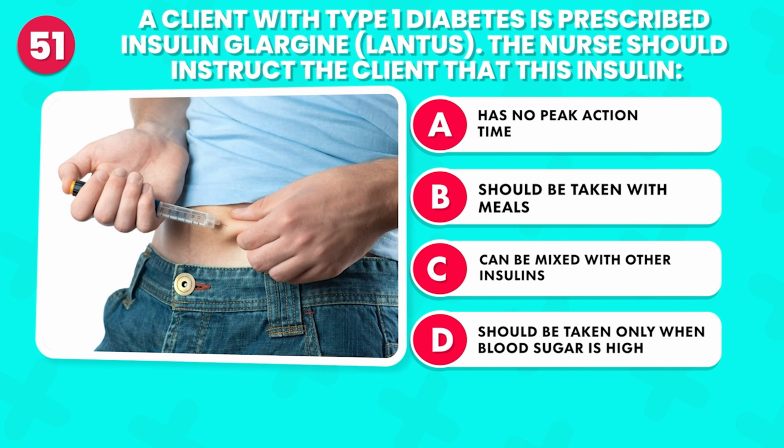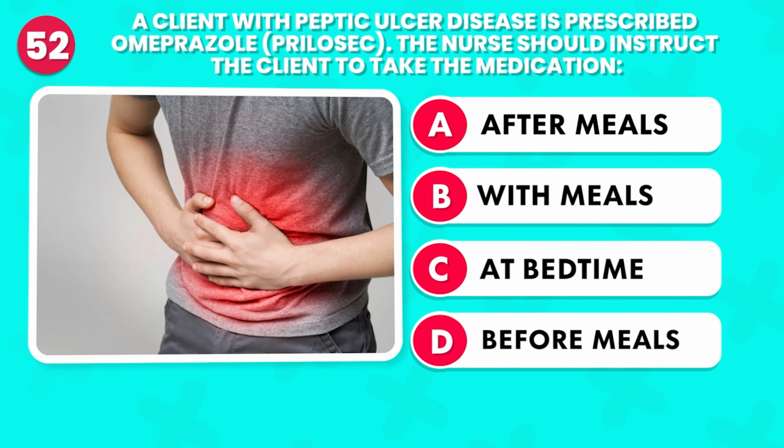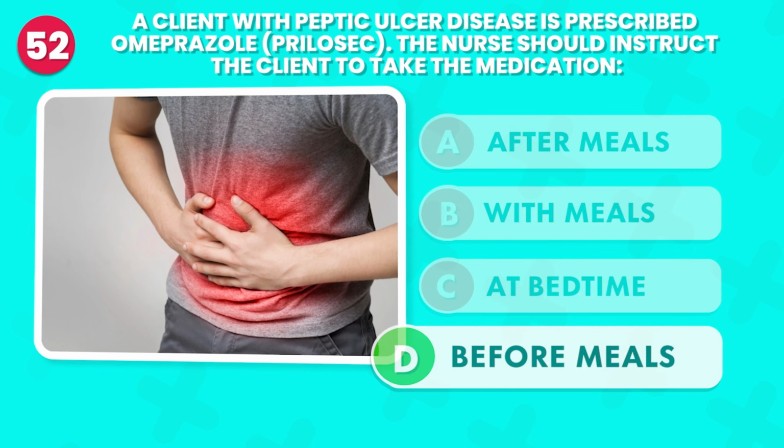A client with peptic ulcer disease is prescribed omeprazole, Prilosec. The nurse should instruct the client to take the medication A. After meals, B. With meals, C. At bedtime, D. Before meals. It's D. Before meals. Omeprazole is a proton pump inhibitor that should be taken before meals to reduce stomach acid